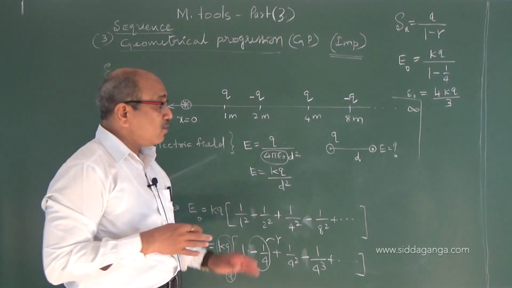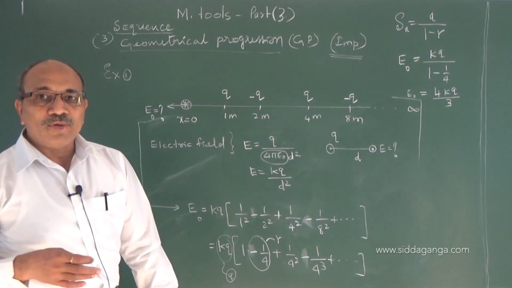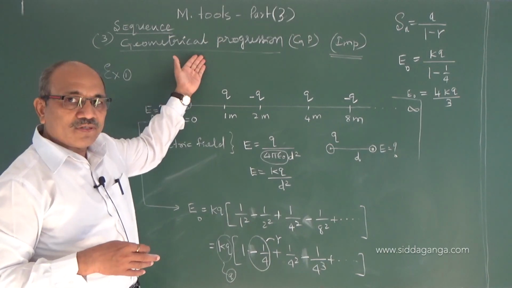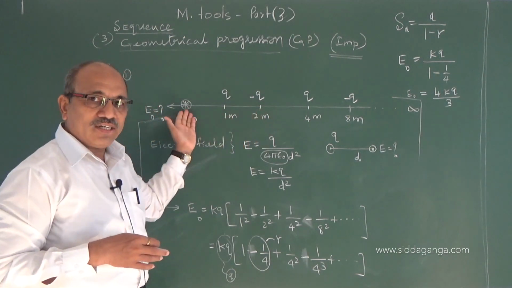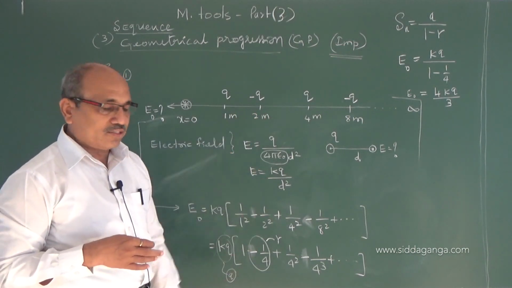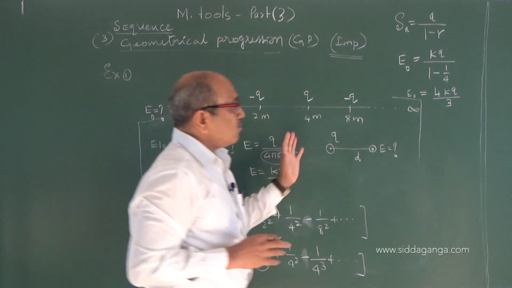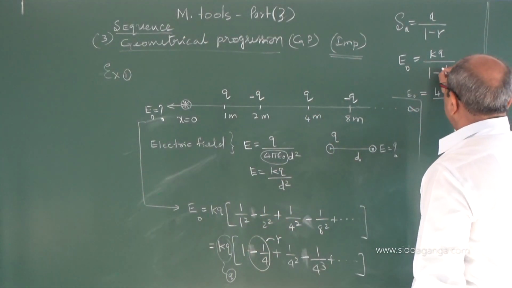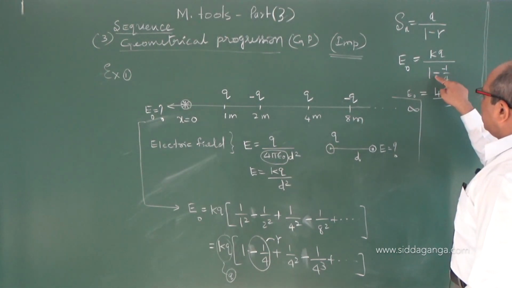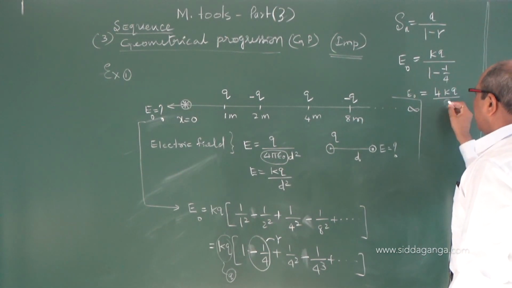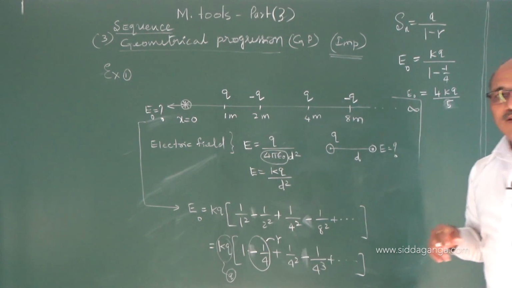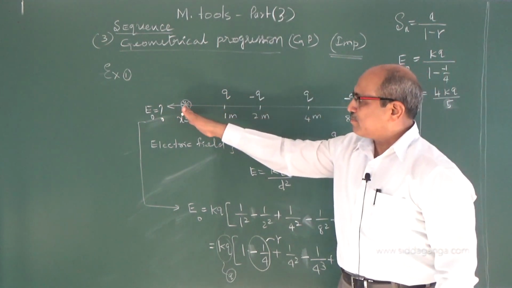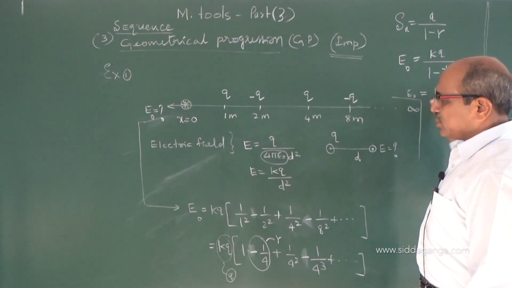You are thinking how we can arrive quickly at problem solutions in physics if we have this idea of the geometrical progression concept. If the problems are of any type, even the electric field, I will show you how it changes with the same method. Here we have to take the R value as minus 1 by 4. When you take minus 1 by 4, it becomes minus of minus, plus, 4 plus 1 becomes 5. The remaining is the same. Now it is over. What you got is the electric field at this point O due to multiple charges kept along the axis.